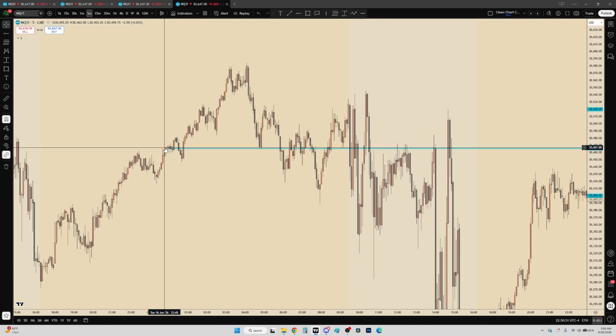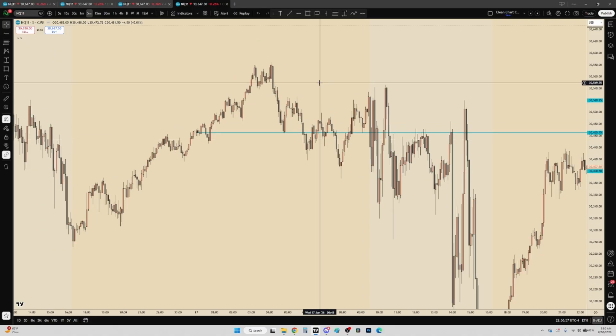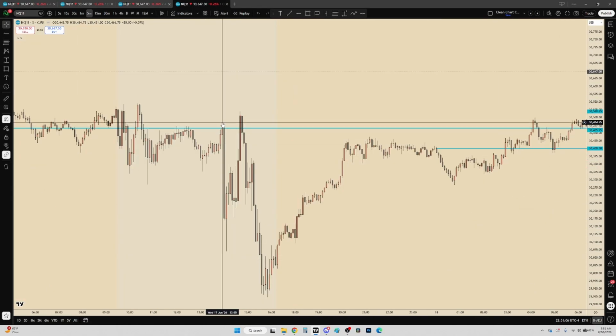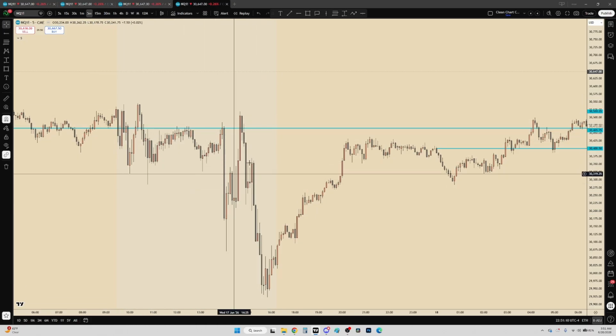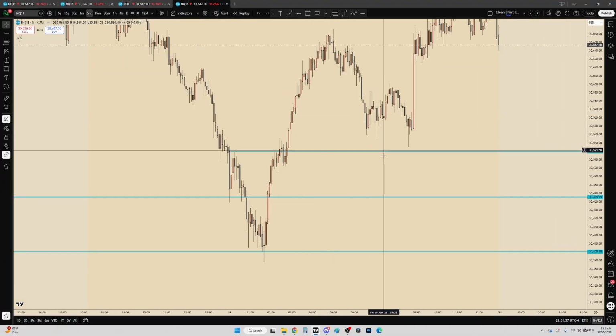So whenever it's like this, you don't want to take trades because it's just chopping people up. You want to take the clear trades off of this level. Rejection here, took out this again. So yeah, this day was particularly trash, but you could see how it uses price as levels to focus on,